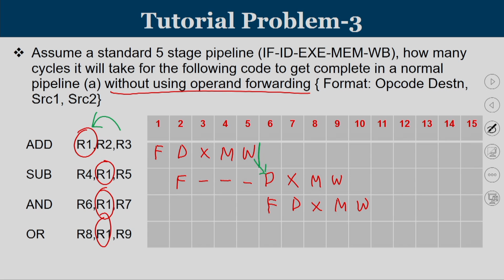And the last one also has a dependency, but since we are using a normal simple pipeline, this is the order in which the instructions get over. If you revisit what happened, the first instruction gets over at 5. The second instruction can perform decode only at clock cycle 6, because it has to read from R1 and R1's value is available only when the first instruction is complete. That gets over at 9, and thereafter 10, 11 and so on. So, you are going to complete by clock cycle number 11.